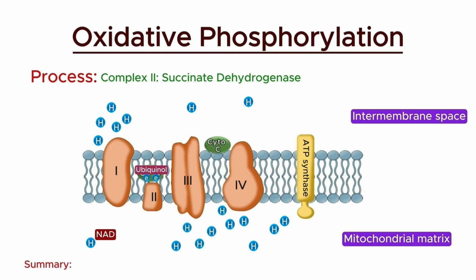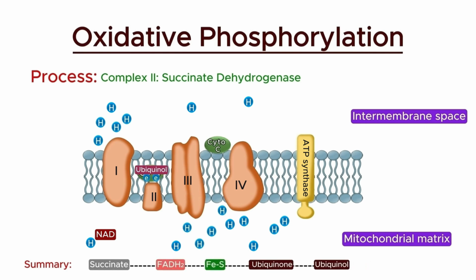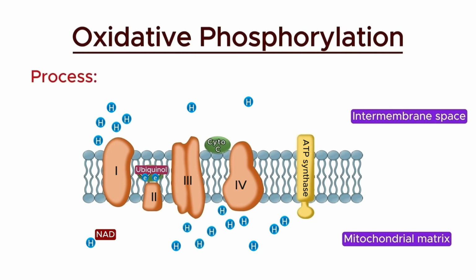To summarize the second stage, electrons transfer from succinate, through FADH2 and iron-sulfur clusters, to ubiquinone, reducing it to ubiquinol. Although complex 2 does not pump protons, it plays a crucial role in maintaining the flow of electrons through the electron transport chain. Now, let's move on to the next stage of the electron transport chain, focusing on complex 3,